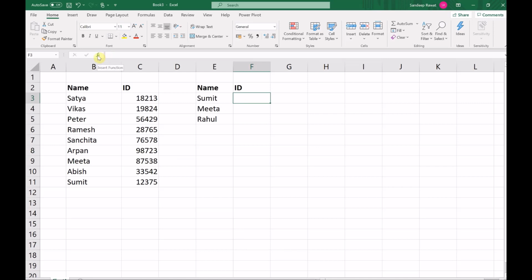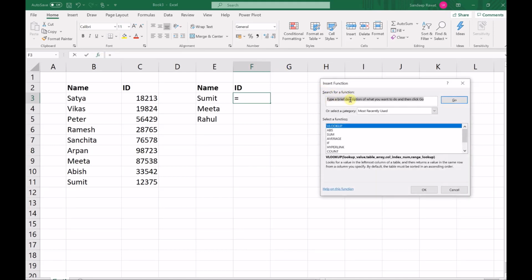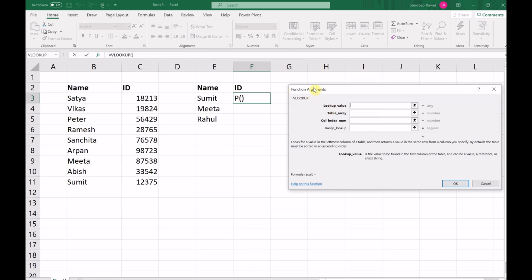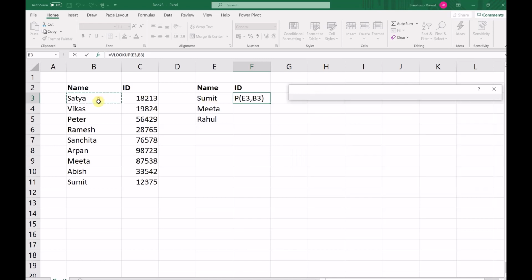Click in the insert function button and you want to find the VLOOKUP in the list. You can type it in, do a search against all, and once it is there, select it and it brings up the function arguments. To remind you of what you fill in, for each of these there is a description down here. The lookup value is what value do I want to look up in the list, and that is the name Sumit. The list I'm going to choose from is the entire list,